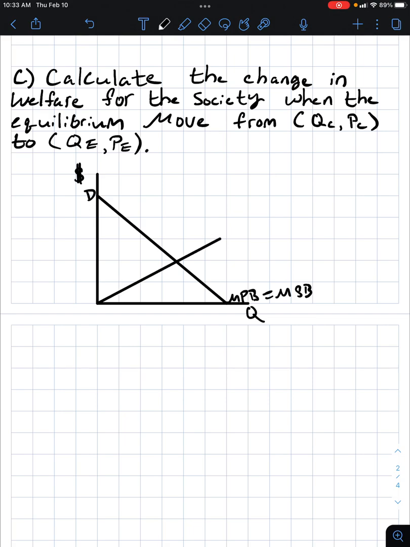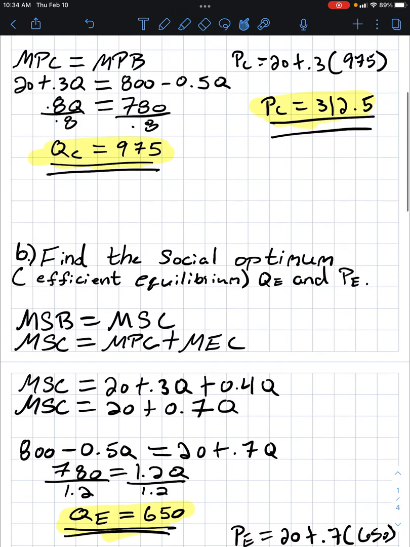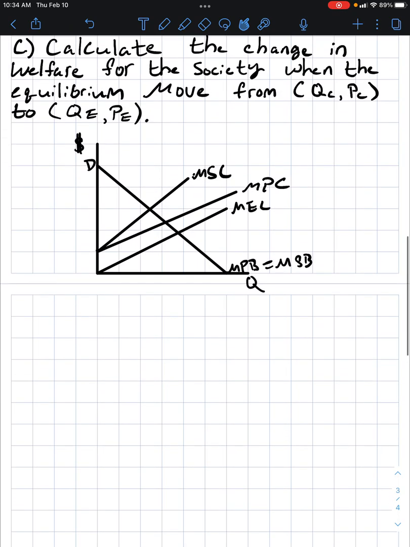We're going to have a marginal external cost that is constant. We're going to have a marginal social cost, which is also positive. And we're going to have a marginal private cost as well, that's also positive. And if you remember, our competitive equilibrium is where our marginal private cost is equal to our marginal private benefit. So marginal private cost is equal to marginal private benefit at this point right here. We'll label this point as B. And then if you go down across,